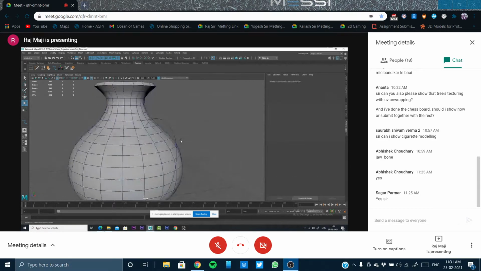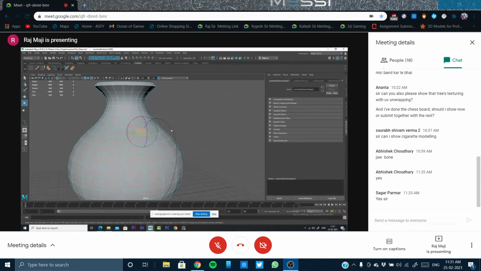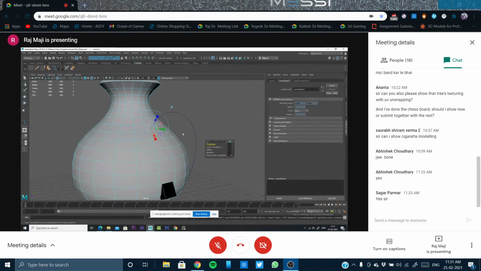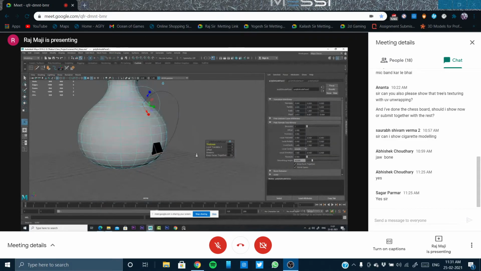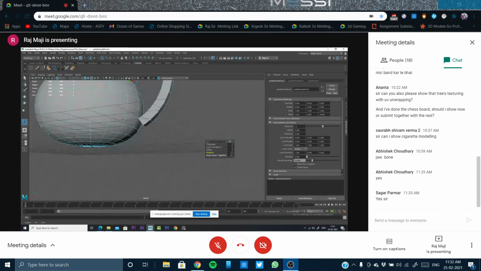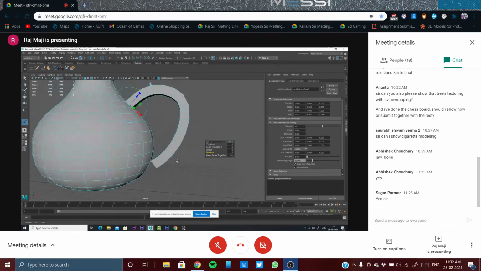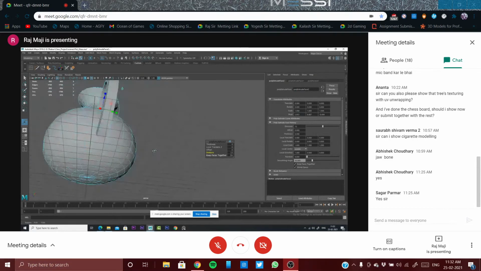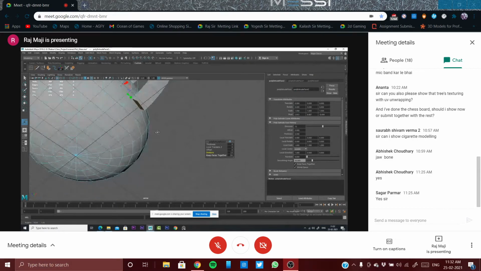Okay, so now selecting this, shift selecting this, and extrude. Increasing the divisions, and in this case it is fine and working really nice for us. Okay, all right.